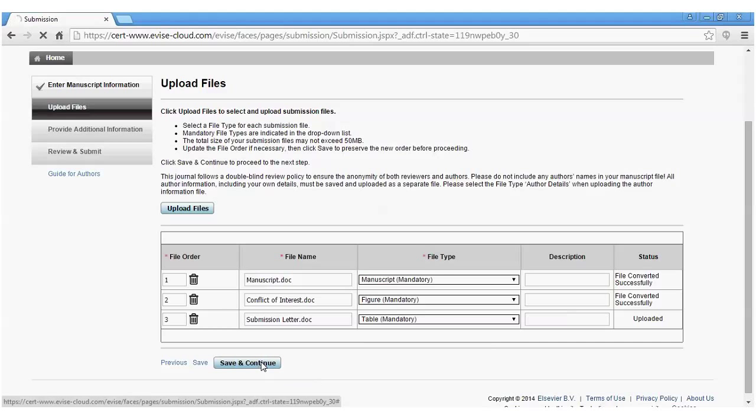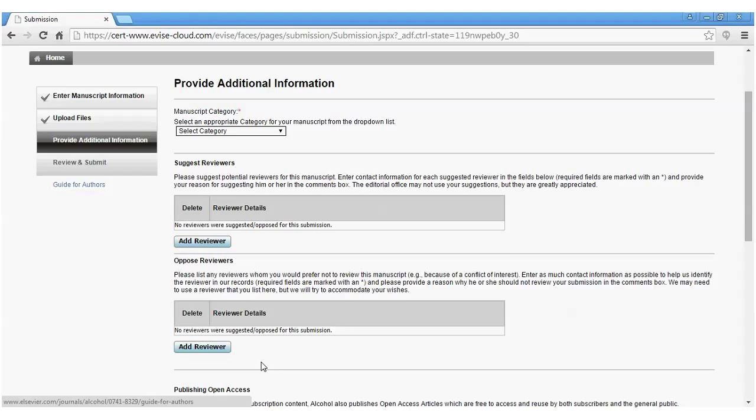So we're going to save and continue now, and in the training site you will have to select a section as well that is sometimes available for different journals. You can also suggest reviewers, and for KIJOMS this is actually mandatory, and you can do so by adding a reviewer,